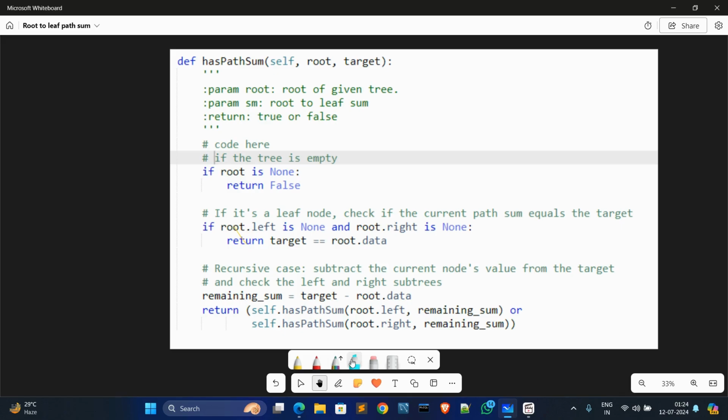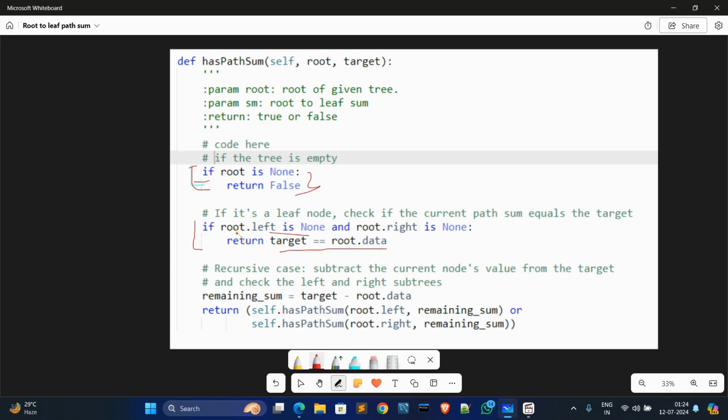In the code, first we define an if condition, and this if condition checks whether the tree is empty. Then we create another if condition, which checks whether it is a leaf node and whether the current path sum is equal to the target or not.